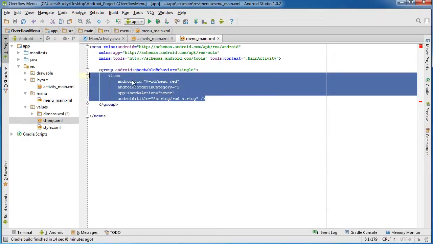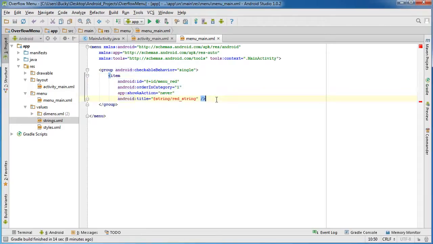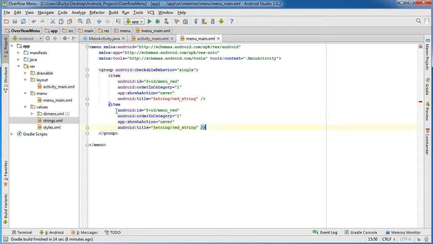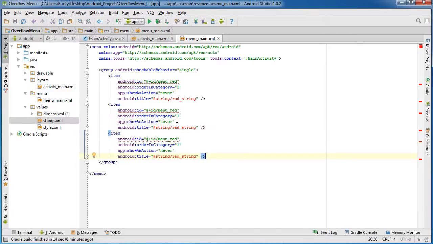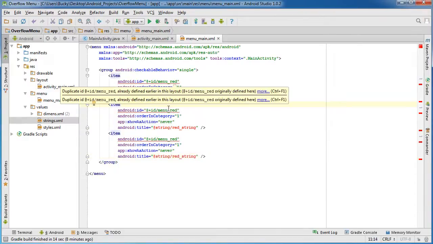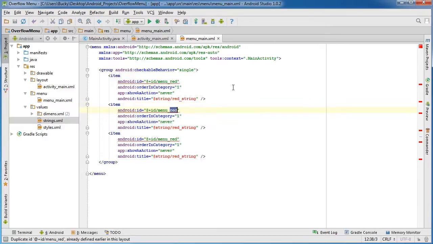Alright, so now that we know how to create a menu item, let me save us some time and just copy that, copy that, copy that. Alright, so the first one is red. The second one will just have like green. And this is the second list item. And of course, our reference is that. And the third one, let's do yellow. And of course, this is the third item,